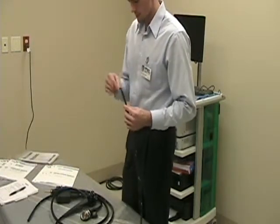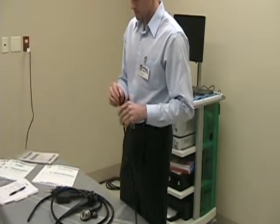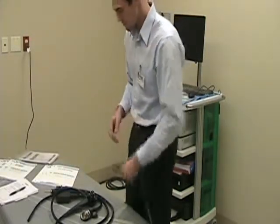Because you do not want to stick a big forceps down. You end up damaging the channel. And it's pretty good repair. So, but